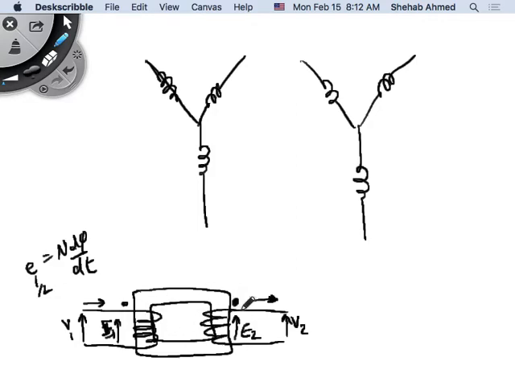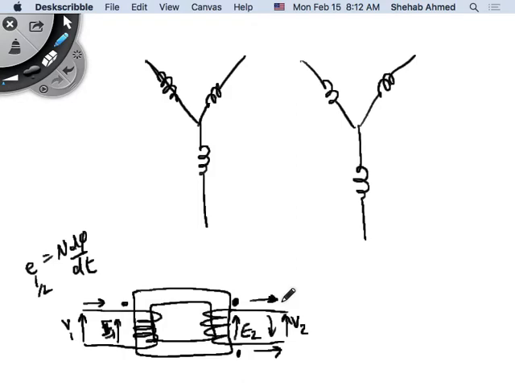So any two windings in the same core with the same dot notation, if the current polarity is in this fashion, then the voltage in the primary and the voltage in the secondary are in phase. If I flip the dot, then they are 180 degrees out of phase, right? So if I flip the way I've wound the transformer such that the current flows out of this winding, then the voltage polarity will also be flipped, right? But it's either in phase or 180 degrees out of phase,